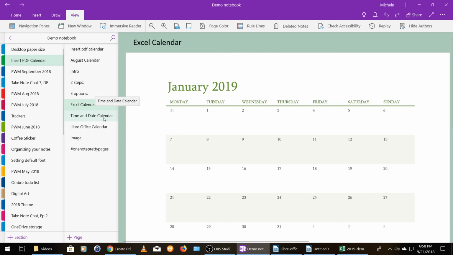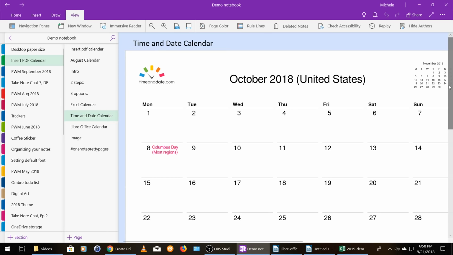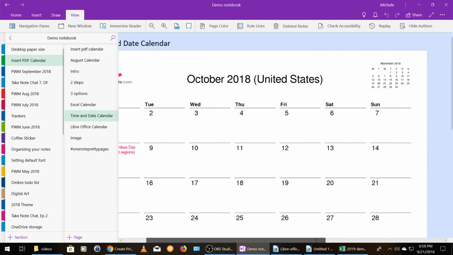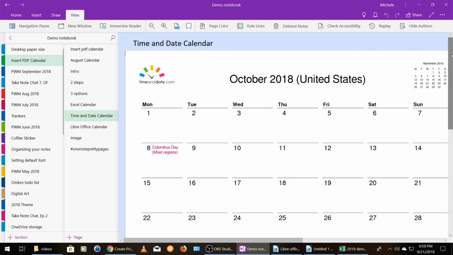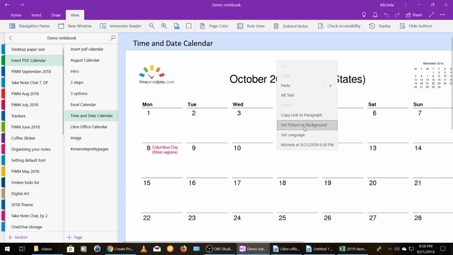So there's our Excel calendar. Now, I have already done this for the time and date calendar. That's what this one looks like. And I kind of like that there's lots of space to write. It has a lot of white space and stuff like that. And I have a pretty big screen here. But you can see that this is still a little bit too big to fit on my screen. So if you did want to